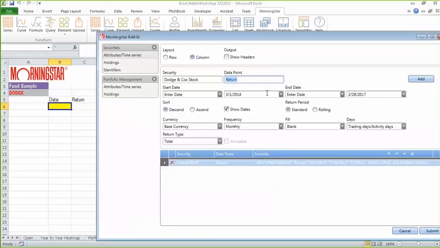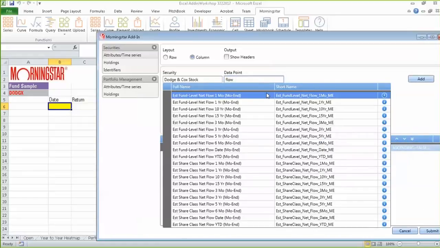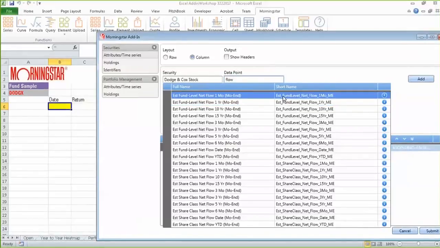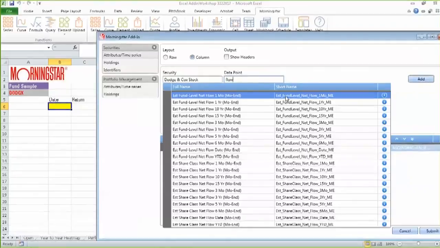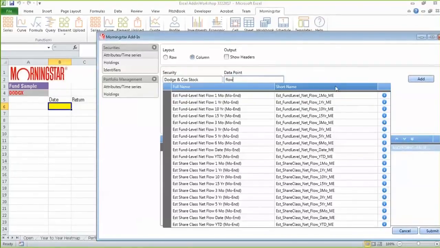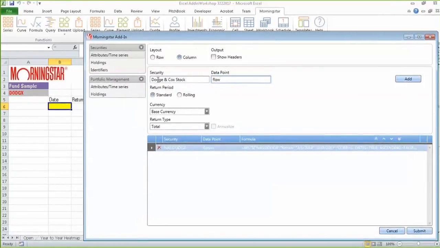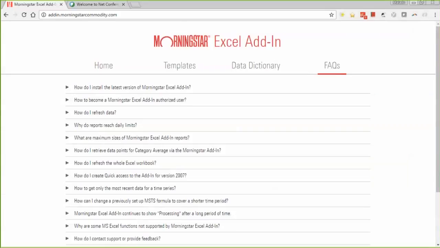So now I want to do flow. But as you can see, there's a lot of flow data, and I don't really know which one I'm interested in, and I also don't really want to click here to see. This is where I can go to the data dictionary, and I will show you where you can get that information. So the data dictionary is here,